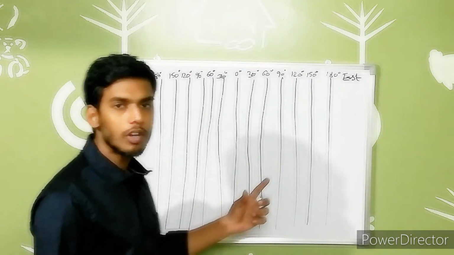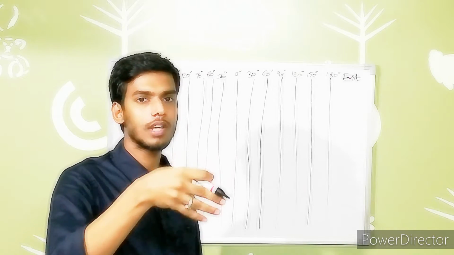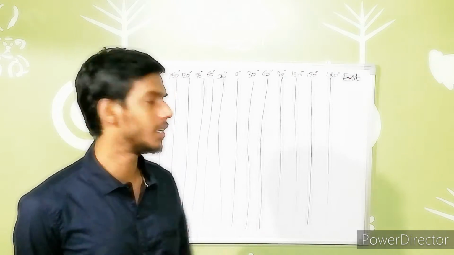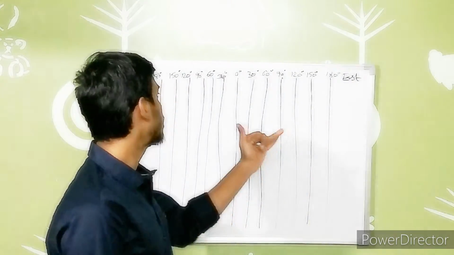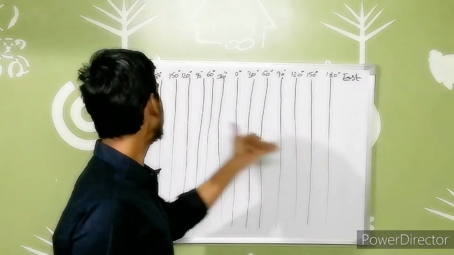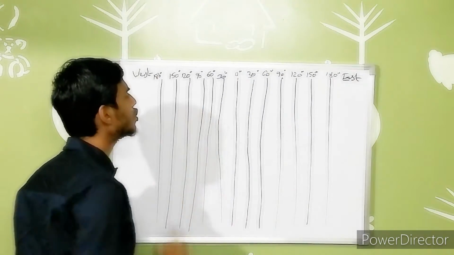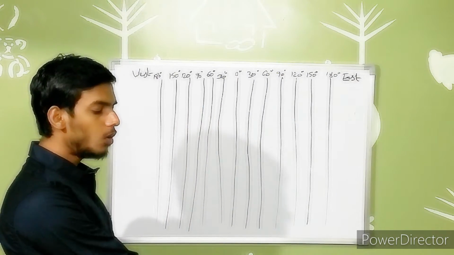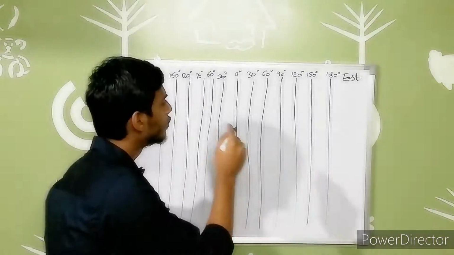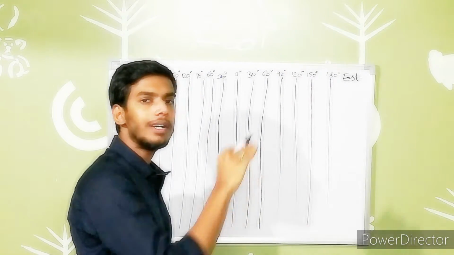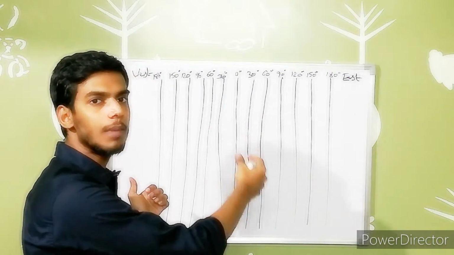As I already said, longitude divides the Earth into 2 equal halves based upon the prime meridian, that is 0 degrees, also known as Greenwich Mean Time. One half is the western hemisphere and the other half is the eastern hemisphere, east and west, right? Suppose the Earth starts rotating; it rotates from west to east. So when we move to time zones towards the east, the time is 1 hour ahead of Greenwich time per zone. Similarly, when we move to the west, the time is 1 hour behind Greenwich Mean Time.